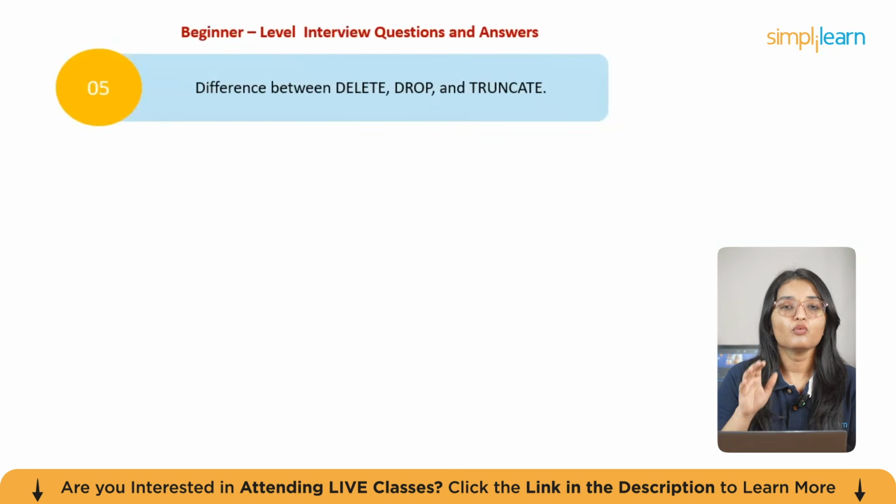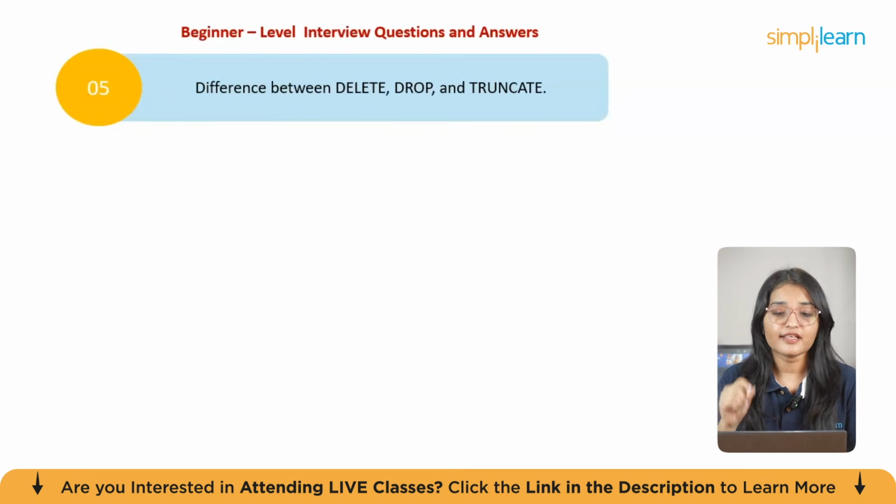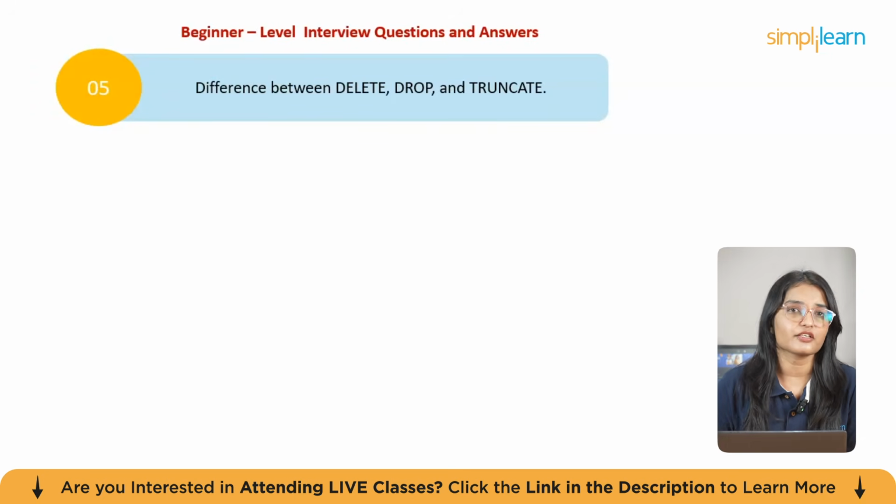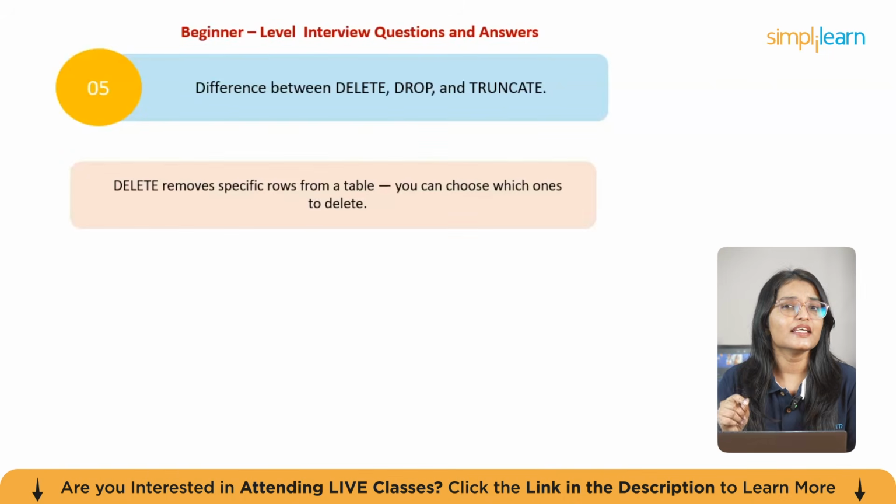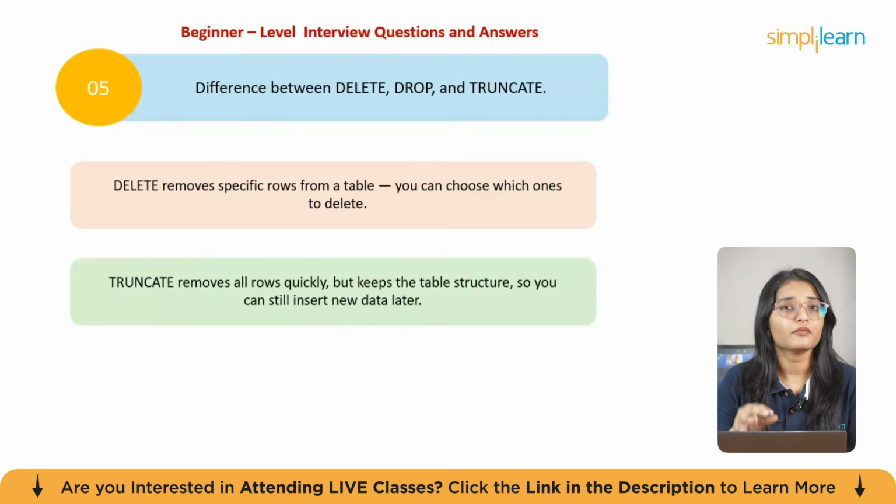Next question is, what is the difference between delete, drop, and truncate? This is also one of the most often asked interview questions. The answer is, these three are often confused, but they do have different things to do. Delete removes specific rows from a table. You can choose which ones to delete. Talking about truncate, truncate removes all the rows very quickly, but keeps the table structure so you can still insert